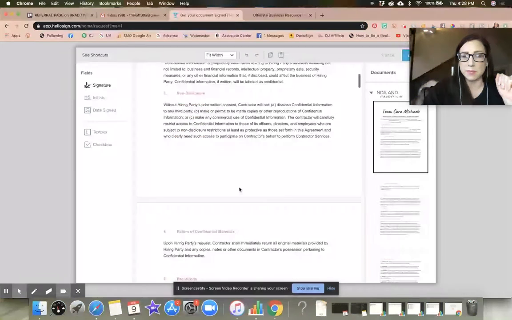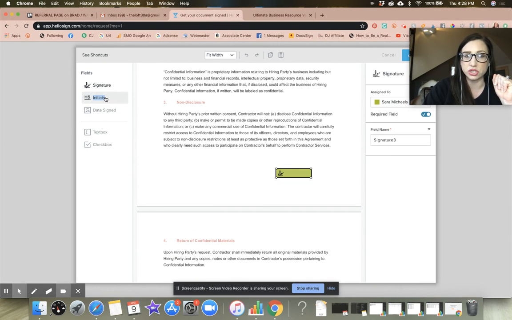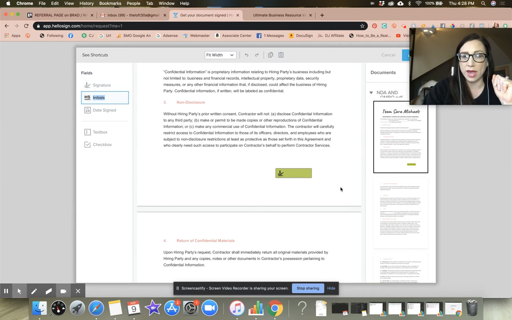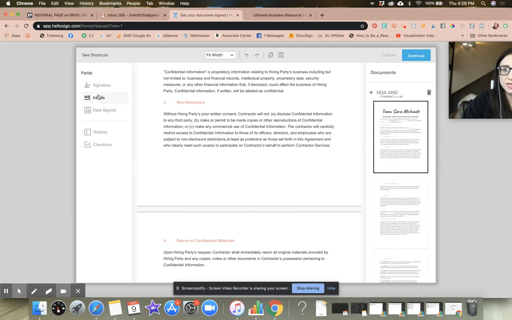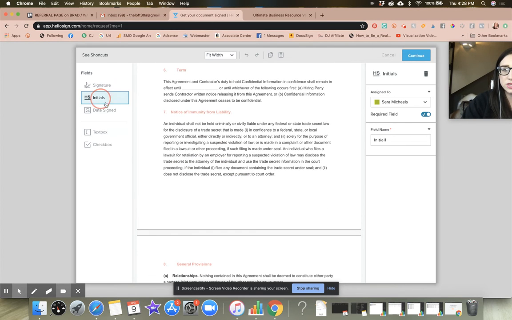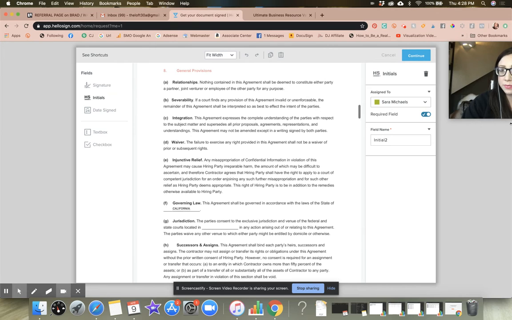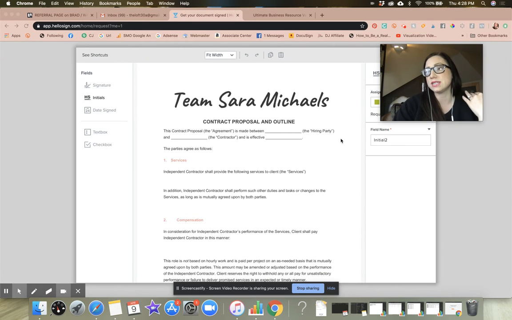And then on the bottom of each one of these pages, I always just grab the initial, so that way I know that whoever is supposed to be reading this is also initialing it. So we just do the initials on the bottom of each page. All right. And then it goes into the second part where we're actually talking about the proposal and